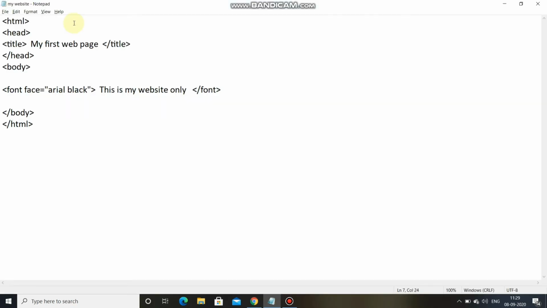So how will we change the font face? By writing the font face syntax, then is equal to, under the quotes we have to mention the font style. For that we should know the name of the style which we want to change.